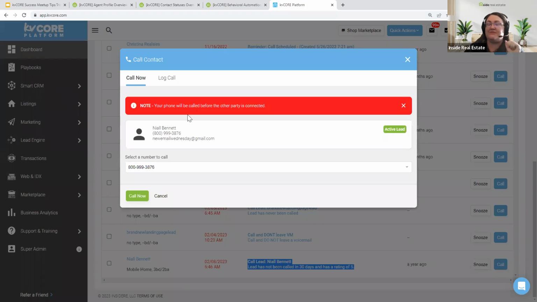And I have 2 options from here. I can call now. This will utilize my smart number. I am completing a call from a computer, so it needs to utilize my smart number. If I want to use my cell phone, like maybe this is my sphere, and I'd rather use my cell phone, that's fine. I just pick up my cell phone, right? And I either make a call on my phone like I'm used to.